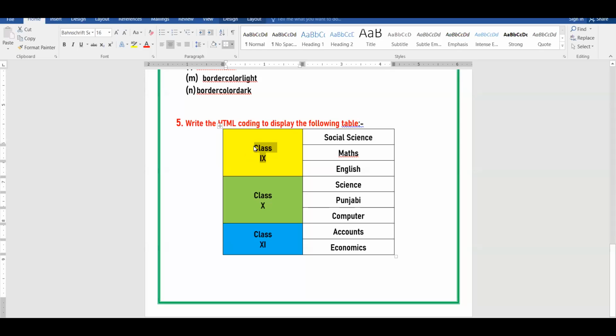आप ध्यान से देखिए, जो क्लास 9th का सेल है वो वर्टिकली स्पैन होके 3 सेल नीचे आ रहा है, 3 रोज नीचे आ रहा है. So this is row span 3. Okay, that is why the math cell and the English cell in second and third row, they are just having one cell. They are just having one cell. Am I clear? Am I totally clear? So let us start the coding for this question.